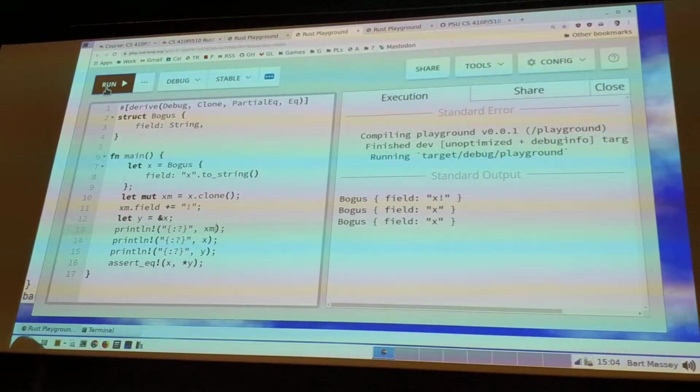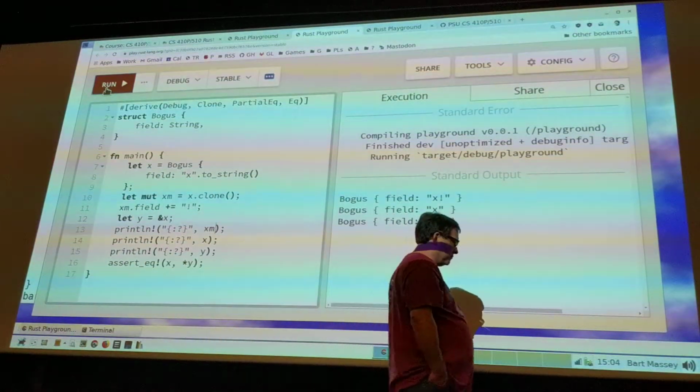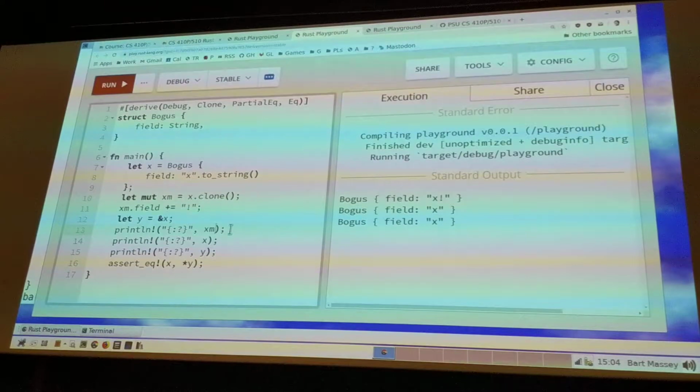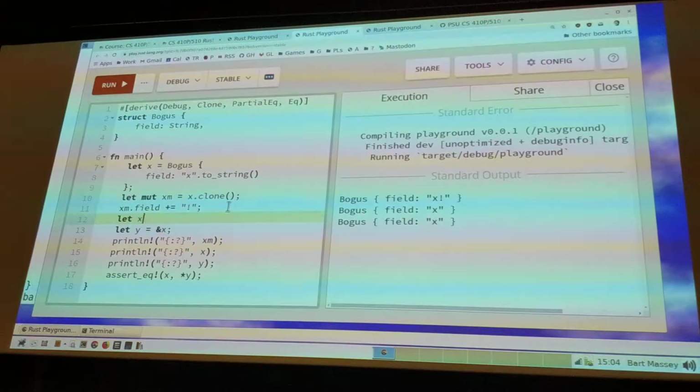When you declare a variable to be mutable, can you later in your program make it not mutable without cloning it? Yeah, absolutely. So let's do that. Let's just make it not mutable right here when we're done mutating it. I can say let xm equal xm. Wait, what? How did that do anything? Well, remember, those 2 xm's are 2 different variables, right? The first xm was a variable I explicitly marked mutable. The second xm is a variable that I marked immutable. And what happens to the owned value in the first xm? It moves into the second xm.